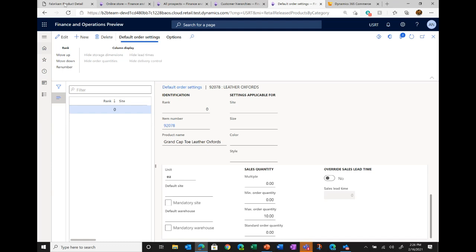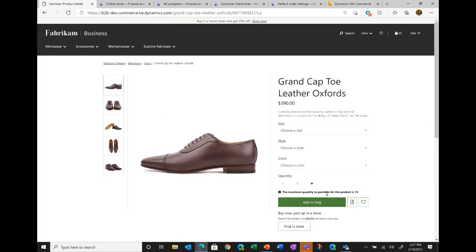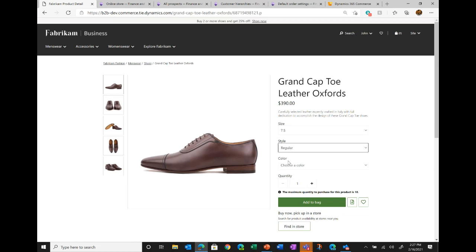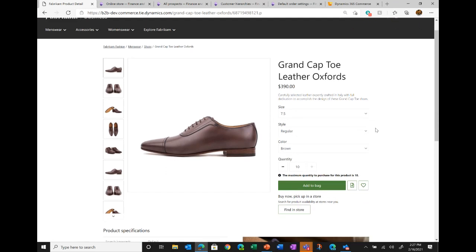So because I have done that configuration, the system presents me this message saying that you can only order up to a max of 10 units. So if I try to add more than that, it will actually prevent me from doing so. So it is not just about showing the relevant message, but also ensuring that users cannot bypass those quantity definitions. And if there was a minimum quantity configuration, if there was a multiple quantity configuration, all of that would have kicked in as well. So that's the whole functionality around order quantity thresholds that we have introduced for B2B e-com, and it can also be used for B2C scenarios as well.